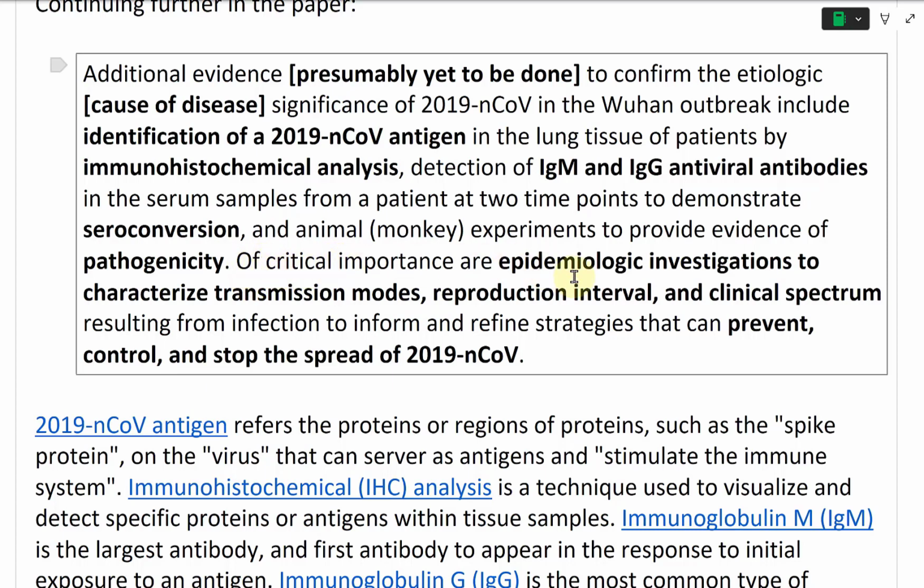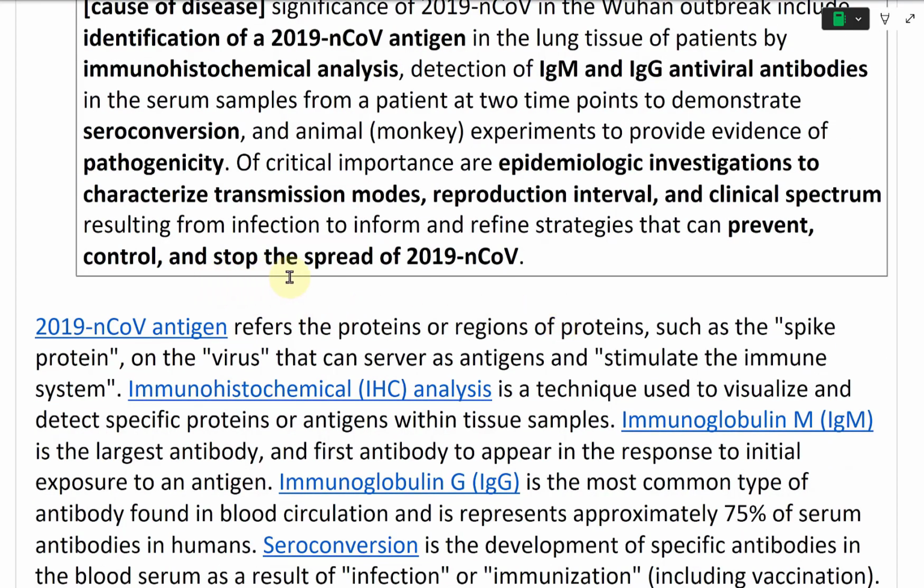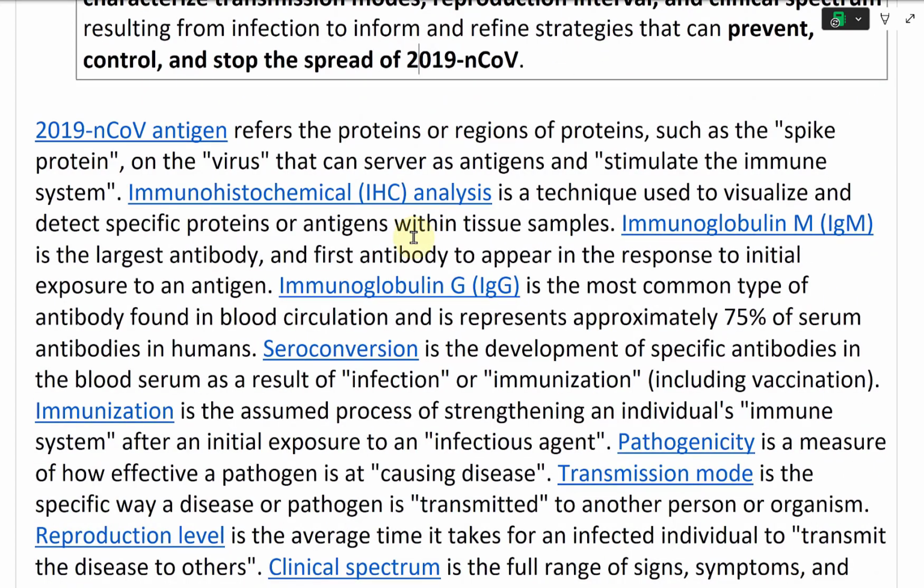Of critical importance are epidemiological investigations to characterize transmission modes, reproduction interval, and clinical spectrum resulting from infection, to inform and refine strategies that can prevent, control, and stop the spread of 2019-nCoV. Very interesting wording, because that's pretty much what's been blustered for the past few years during the COVID